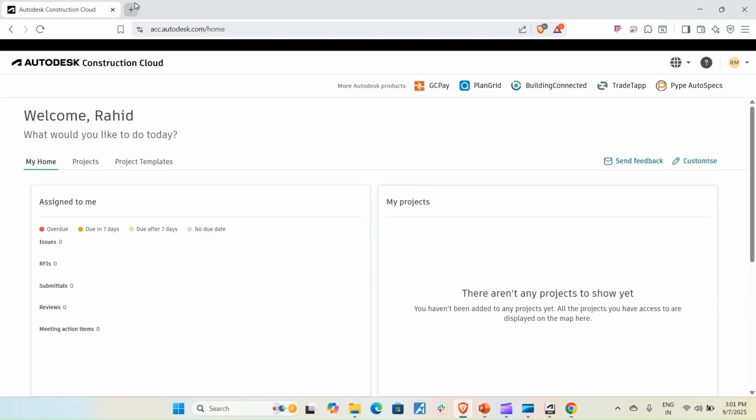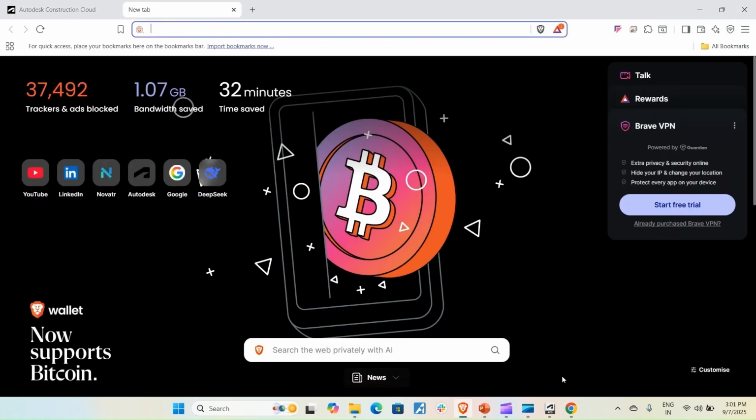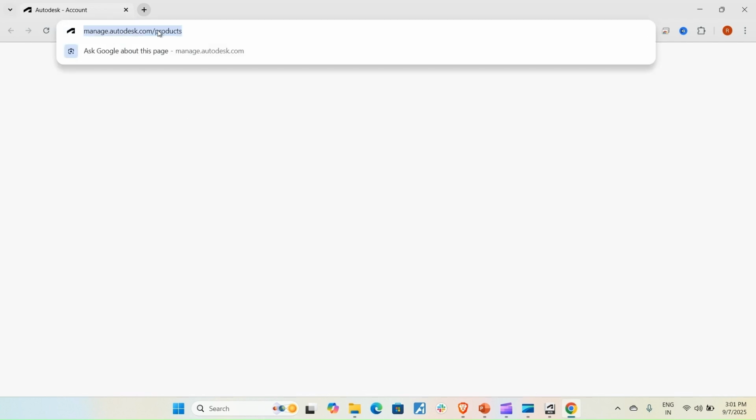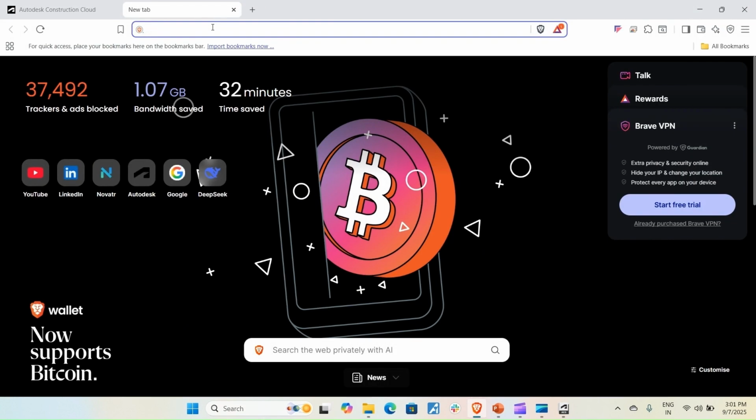and here you can see the number of softwares that Autodesk provides. Just to save time, we can copy paste this link here, because if I log in on another browser, it will ask me to sign in again.